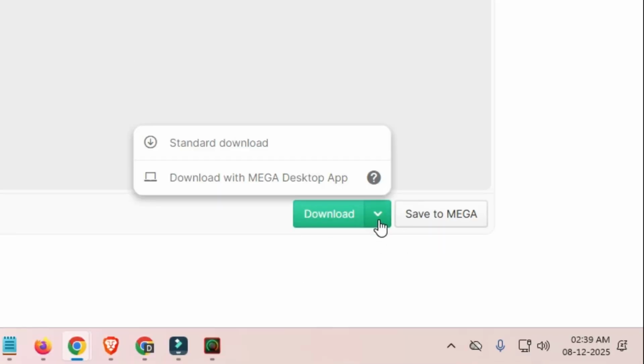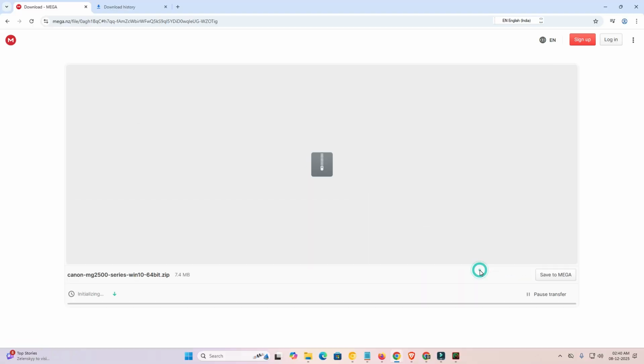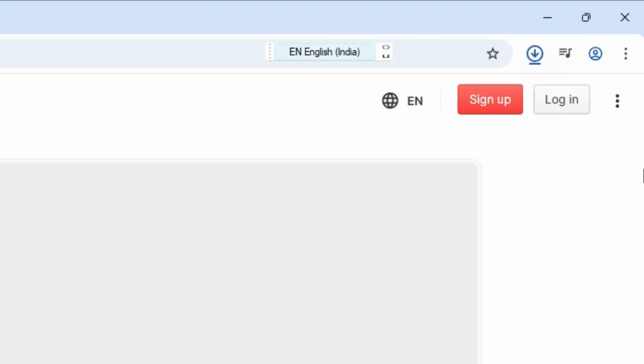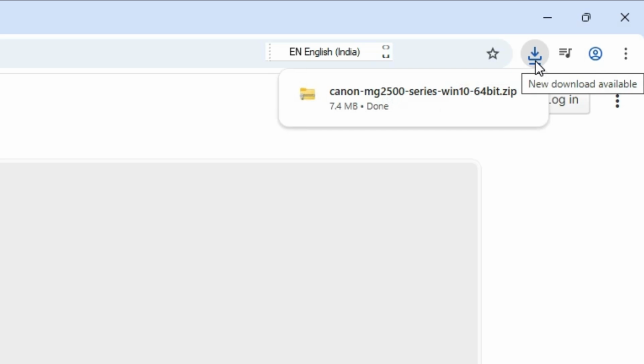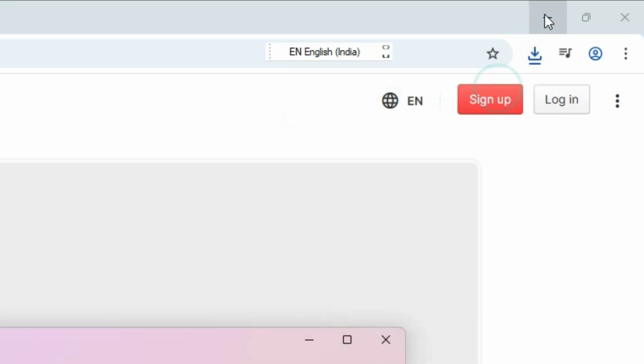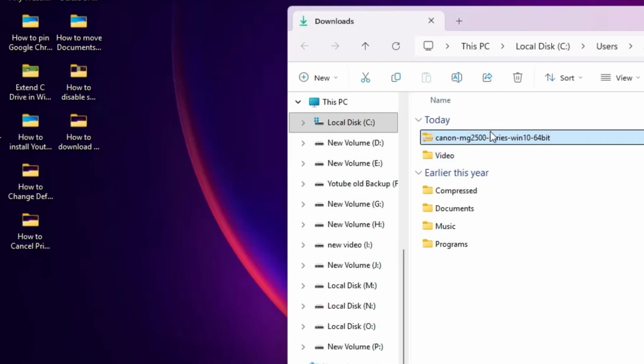After that, in the Mega link, go to downloads. Click on this button and click on standard download. Wait for a few seconds. The file is downloaded in our browser, and it starts on our PC or laptop at the top. Wait for a few seconds to completely download these drivers. It is completed now. Go to the downloads, click on show in folder, minimize it, and drag this setup file